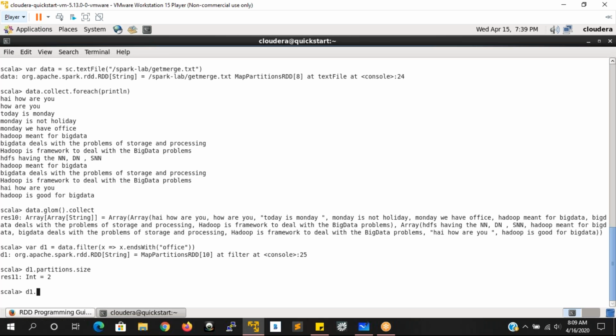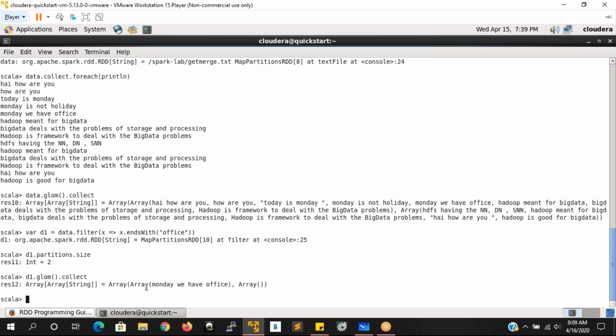If I am going for d1.glom.collect, what is going to happen? In one partition we have the data. In another partition, do we have the data? Empty. Empty, right? So this is the way that we are going to use glom.